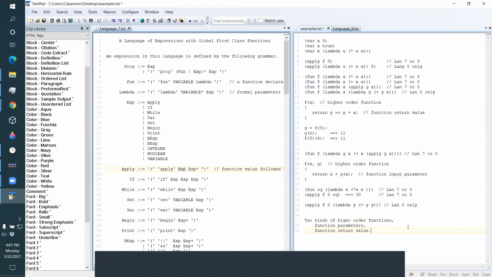A higher order function has either a function as an input or a function as a return value. Function as an input, function as output. This is the easy case. This is the harder case. Now, both of these can use lambda expressions. Both kinds of higher order functions can use